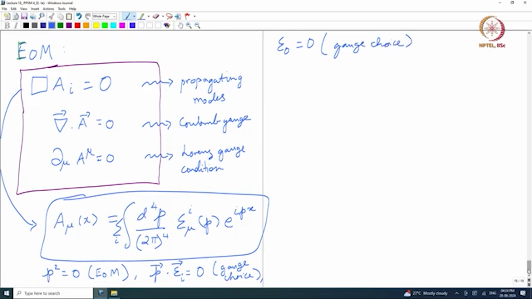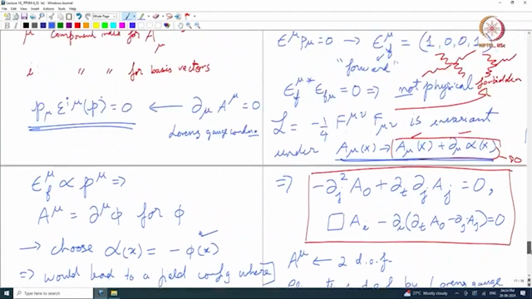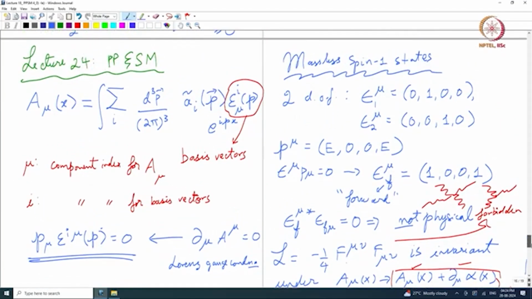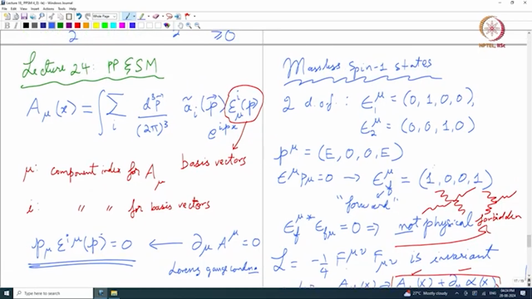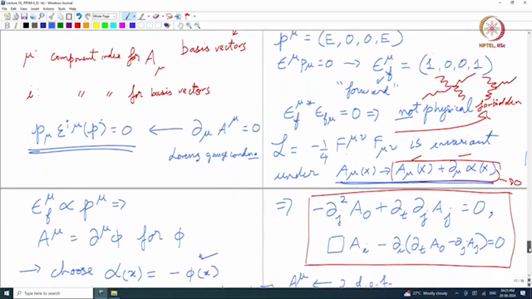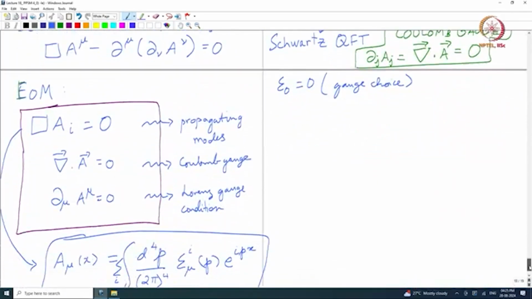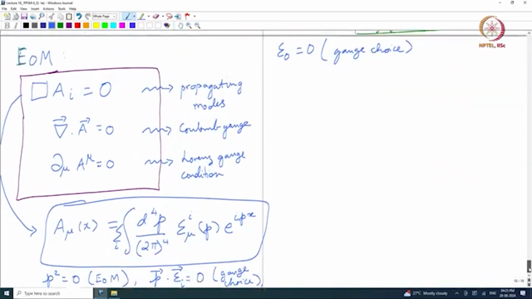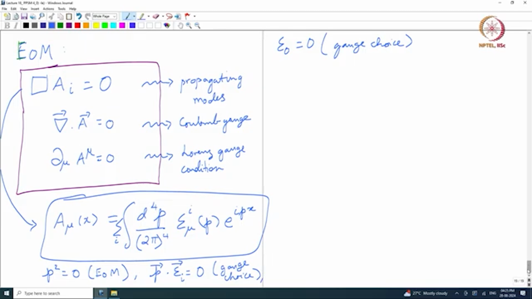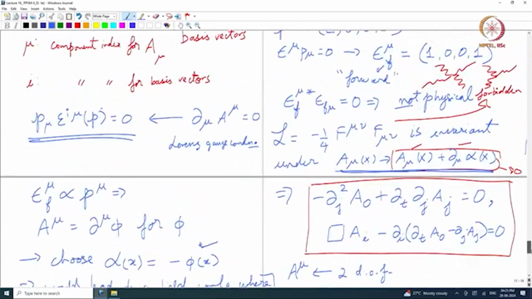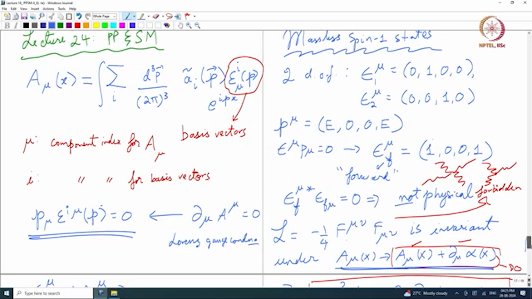Remember in the forward polarization we saw that when you had epsilon naught not equal to 0, you had some unphysical degree of freedom, right. So that is not happening already, all of this is consistent, good. And of course the epsilon 1 and epsilon 2 will fall out of the equation of motion, these 2,